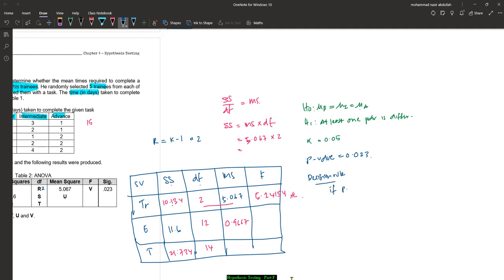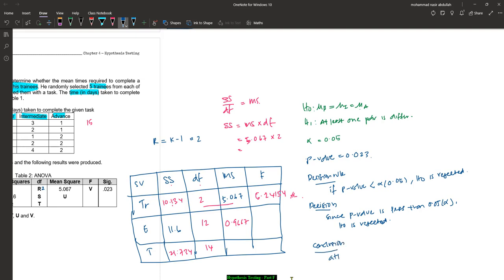If p value less than alpha, which is 0.05, null hypothesis is rejected. So our decision here, since the p value is less than 0.05, which is our alpha, null hypothesis is rejected. And conclusion is